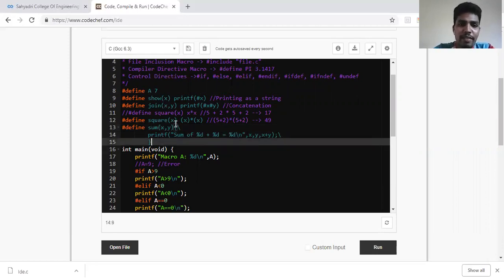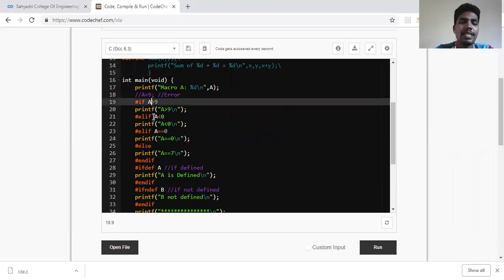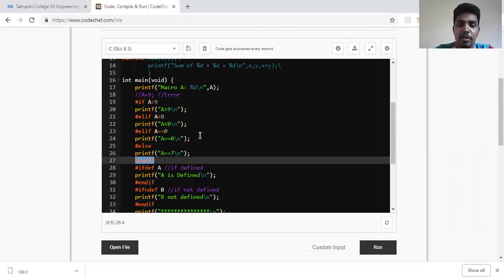And then we have seen various control directives using macros. #if to check the value of a particular macro which we have defined. #elif works as your else-if ladder. Only thing is, instead of else if, we write elif, and then #else and #endif. All the control constructs of the macro, the compiler control constructs, have to be ended using an #endif. You cannot directly leave it. In normal branching constructs we don't write endif, we just leave it. But here you need to end the particular control directive.